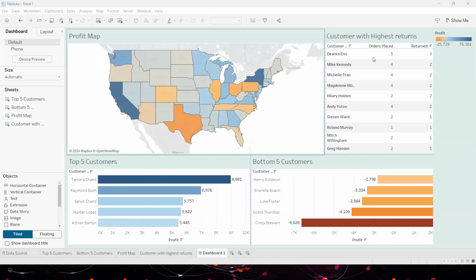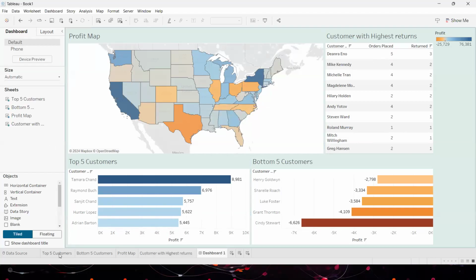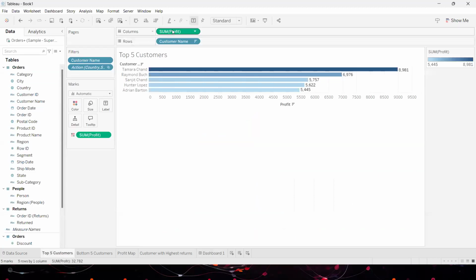See, whether it is Power BI or Tableau, as I told you, you don't need any coding experience or programming experience. You can learn them pretty easily because both of them are tools that work on the concept of drag and drop. All these charts that I created, mostly I'm just dragging the fields and dropping them in different areas, right?